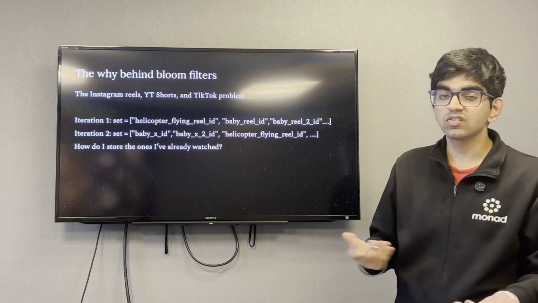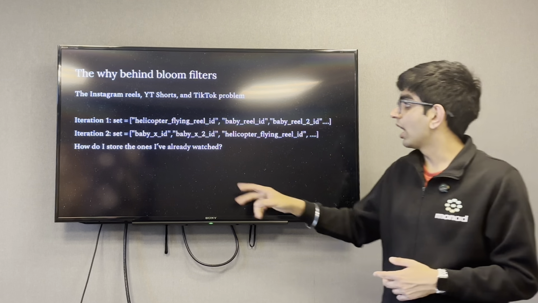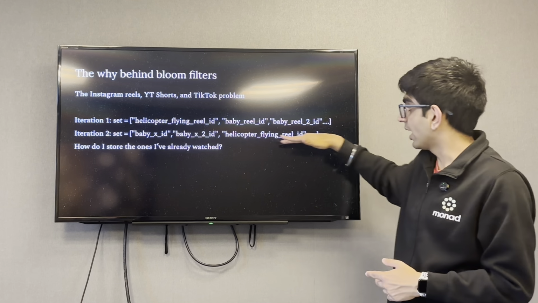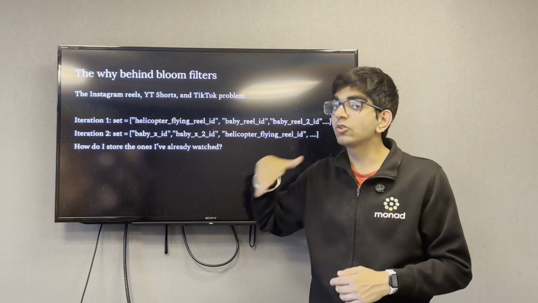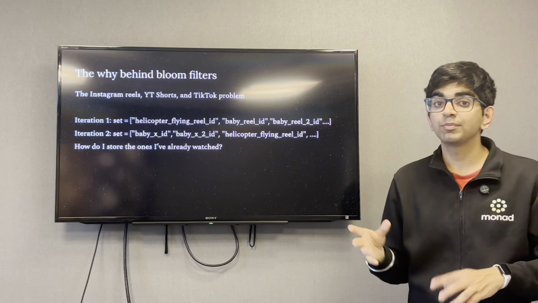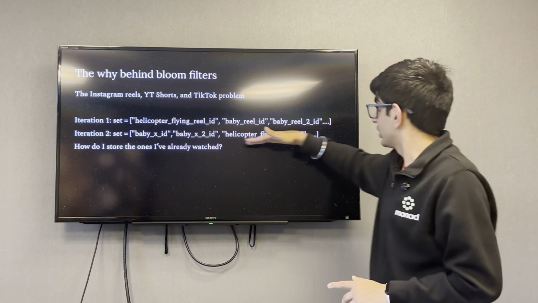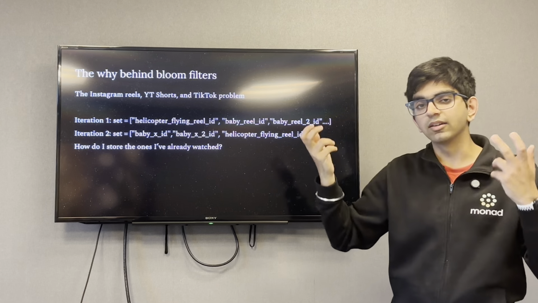The IDs of all of these reels is actually stored in an array. Let's say the second time I actually request for reels, I get these set of reels. Now, to make sure that none of these reels are ones that have been recommended to me before already, we're going to iterate through this entire array,